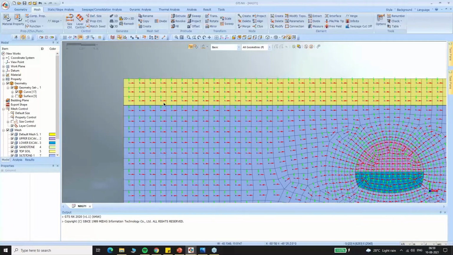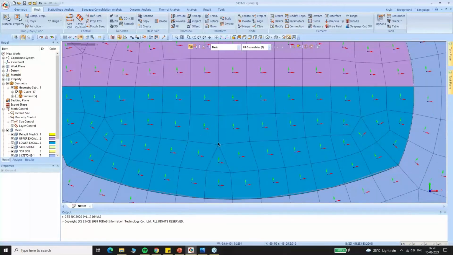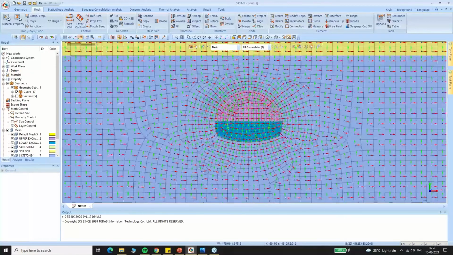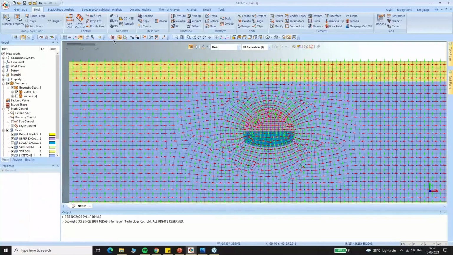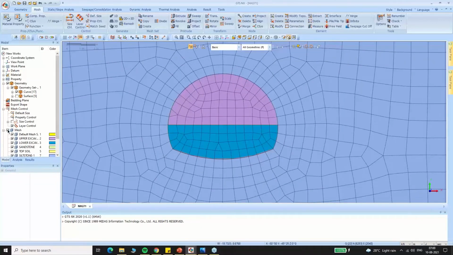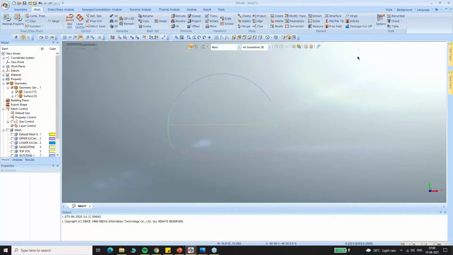So there you see now everything has been aligned properly. On the vertical you have the y direction, on the horizontal you have the x and the z direction. Okay, now you just switch it off. So second thing what we're going to do is we're going to switch this off and we're going to assign